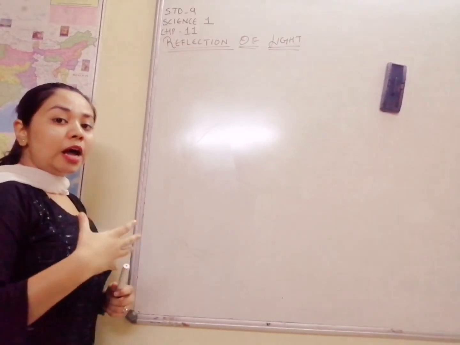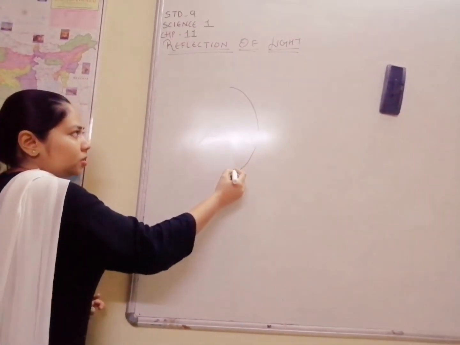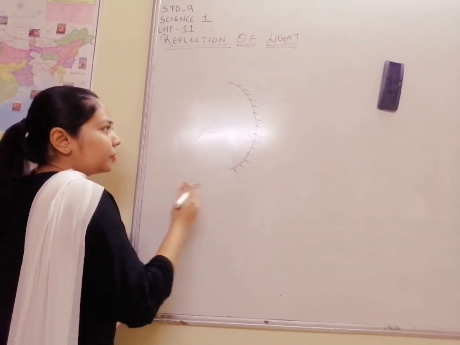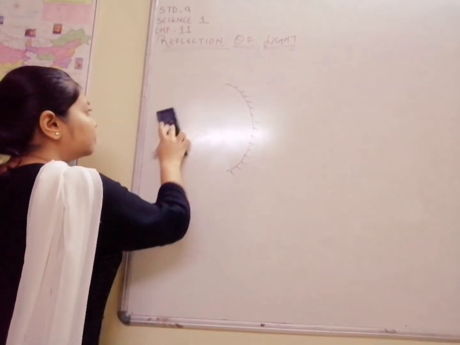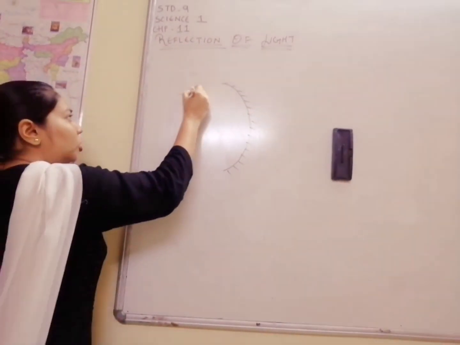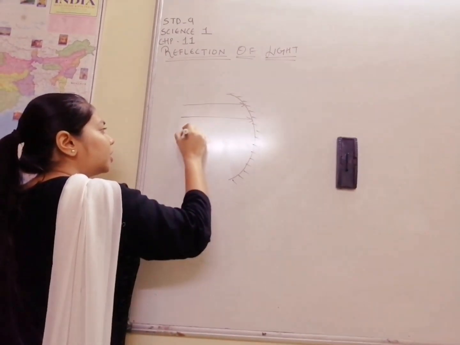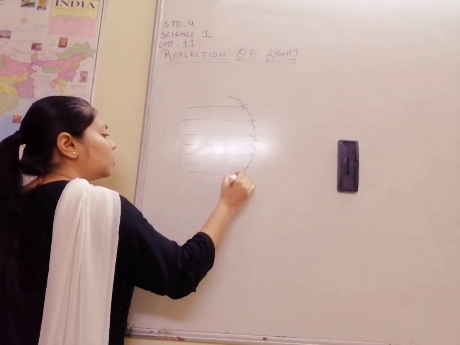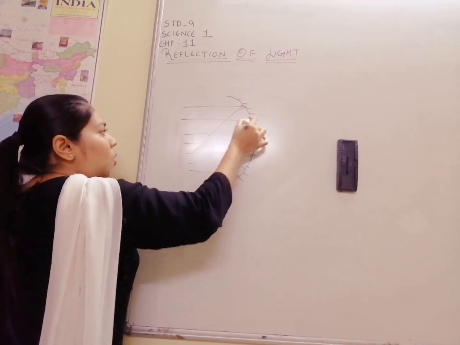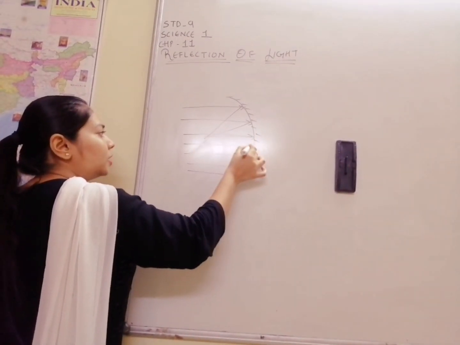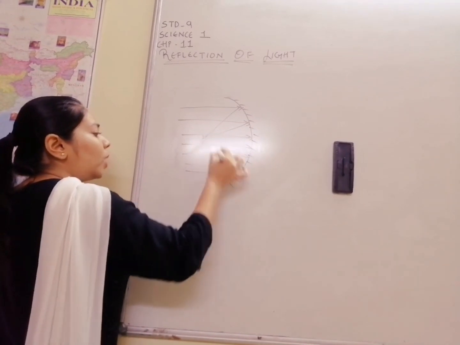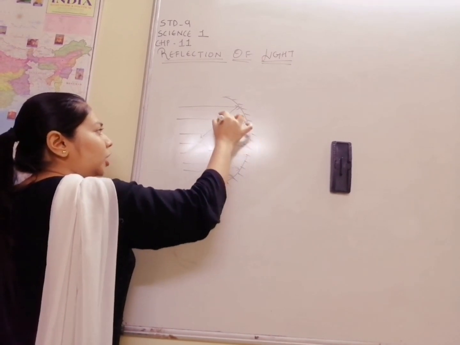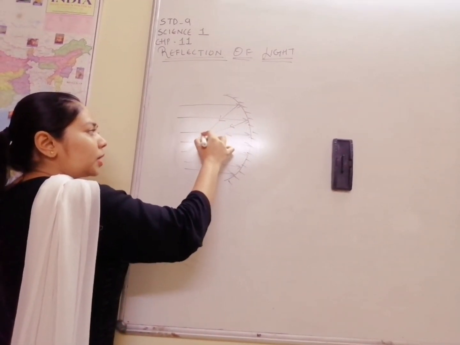What is the use and how the concave mirror helps? Now see, this is a concave mirror. The inner portion will be the reflecting surface. Now if I draw the innumerable incident rays, like this, all of them will reflect back and will come to one single point. All the incident rays which strike the concave mirror will come to one single point.